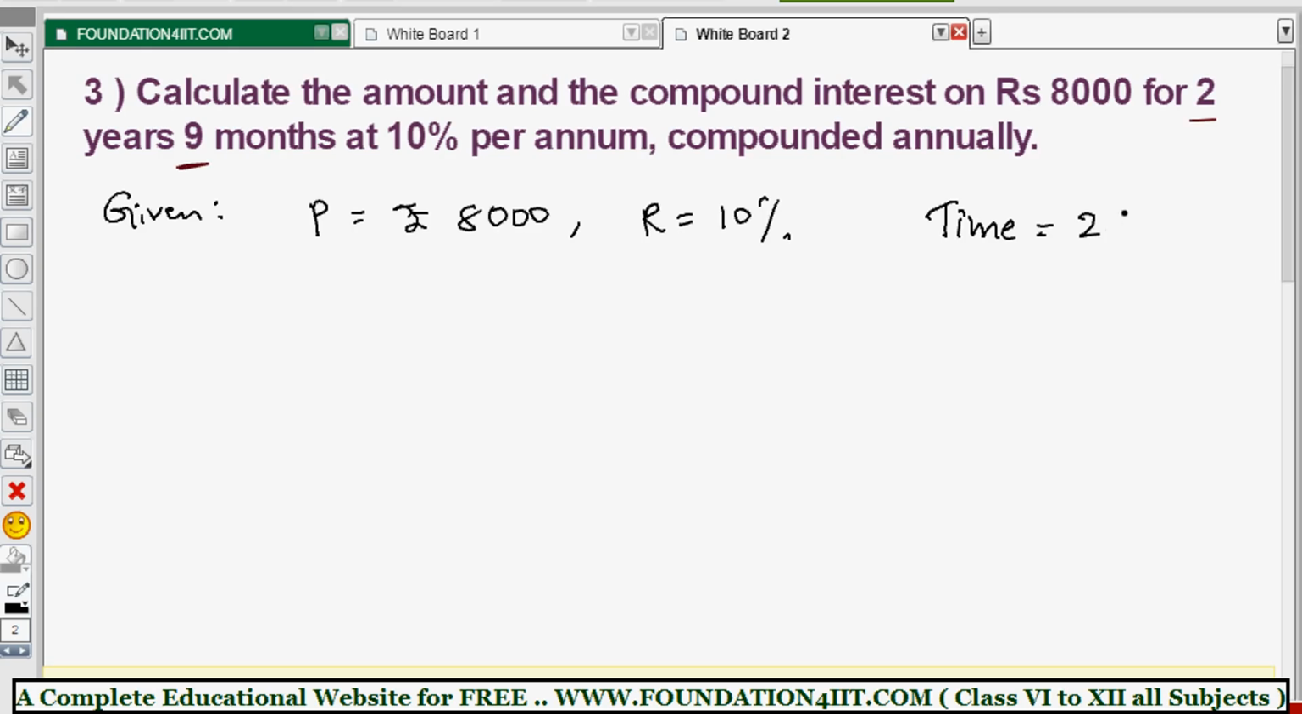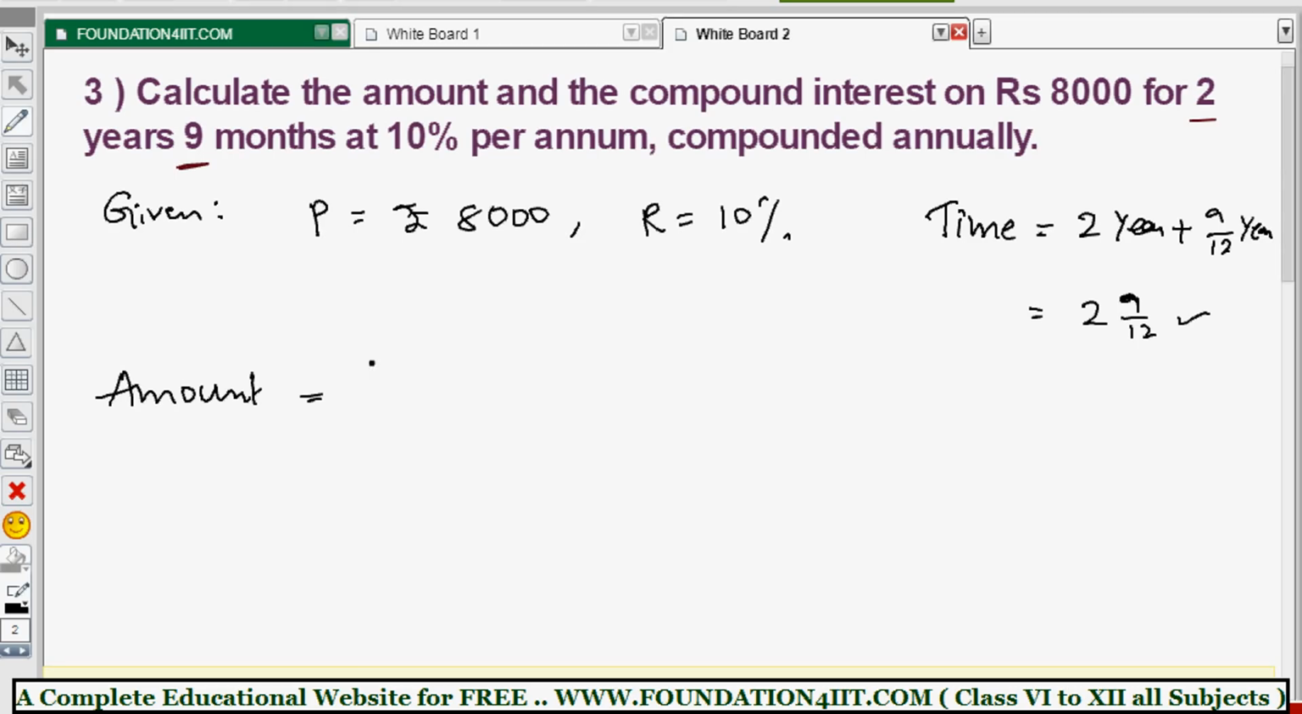That means 2 years plus 9 months is 2 plus 9 by 12 years. So 2 9 by 12. Yes, let it be this. Now when you apply the formula, the amount is equal to